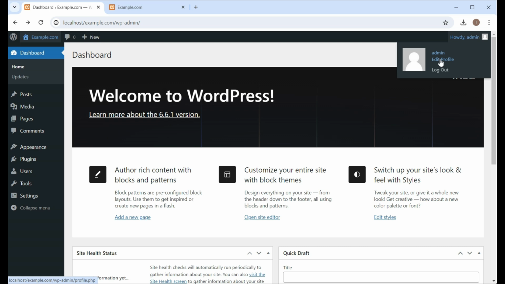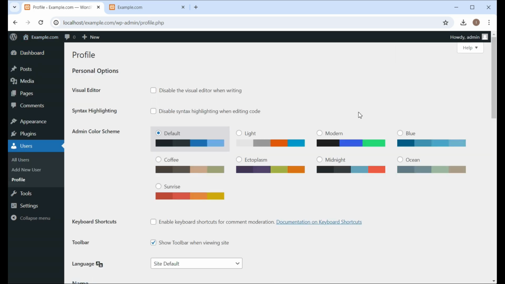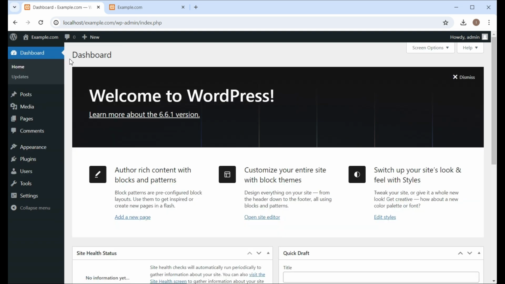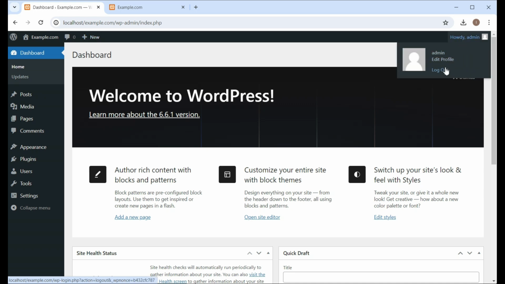And you can do things like change the color scheme of your dashboard and a few other things that we will look at shortly. The admin bar is only shown to the admin user who is logged in, and the next option is log out. If you want to log out from the dashboard, then click here.